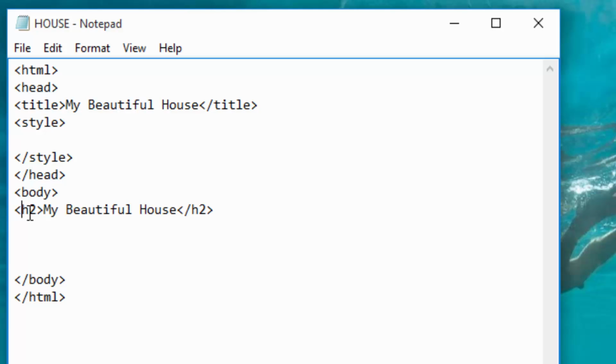Then I will take the name H2 and put it in the style. Then put these curly brackets. Then just write color red, just like that. Then I want that heading to have a good font for the title, so I'll just write here font family. You can just say font. There's a font I know it is called font. Then below this